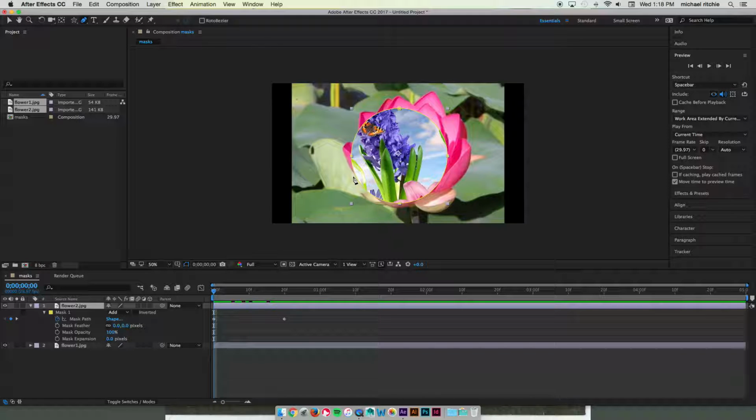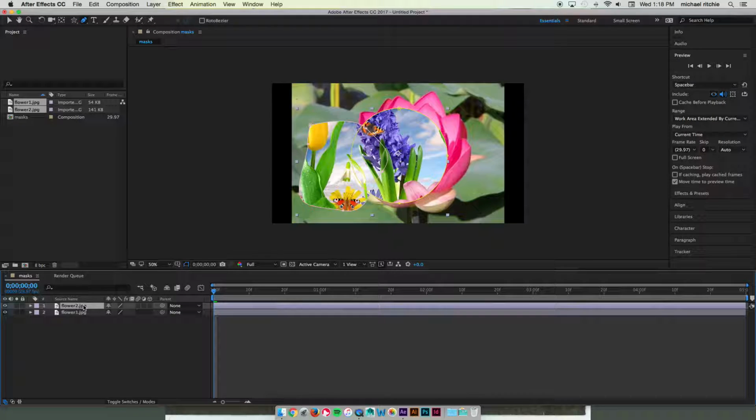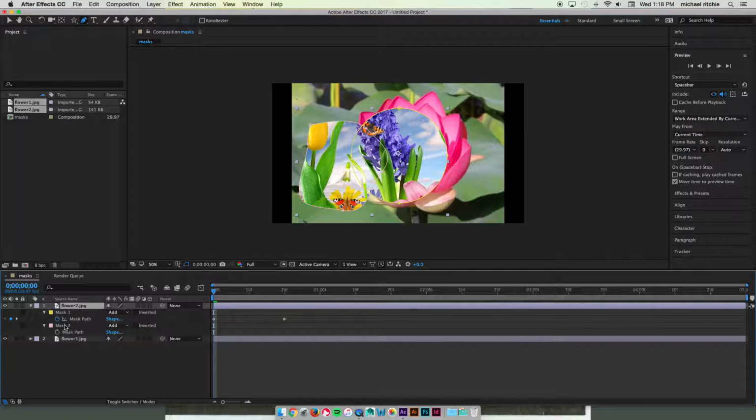You can see how the pen tool works with it. And what you want to do is make sure that both your shapes overlap a little bit. So I'll just draw a crazy shape. And now we can see that both of them are masking. So I'm going to select my layer again and press M to get it down to just my masks and